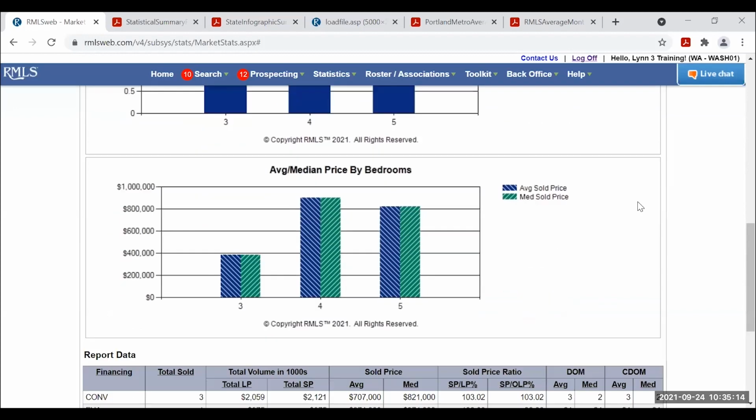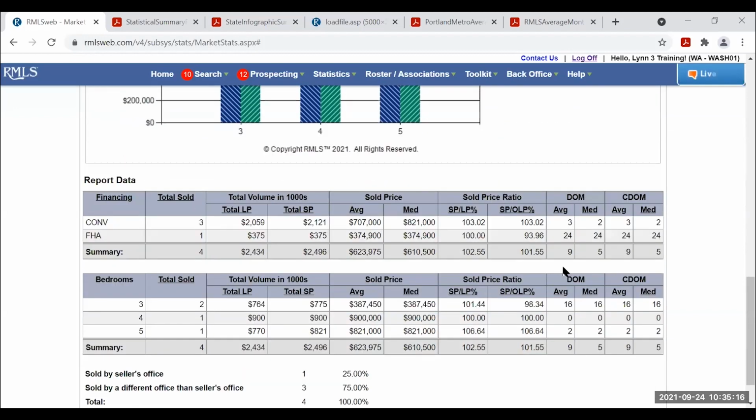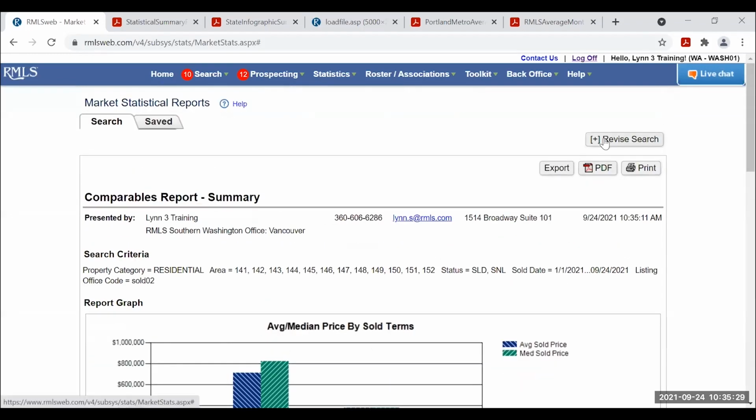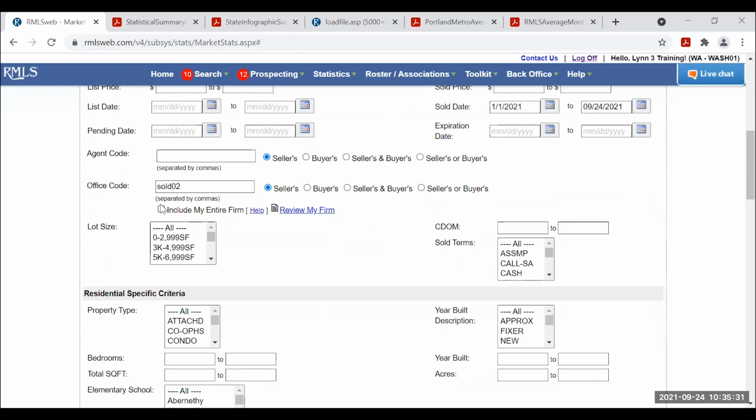Everything else is the same, year to date. So this office's days on market average is 9 and cumulative days on market is 9. So average days on market for this office is 9 compared to 20 for the general marketplace. And again, you could look up your user ID if you don't know it. It's some variation of your name usually.